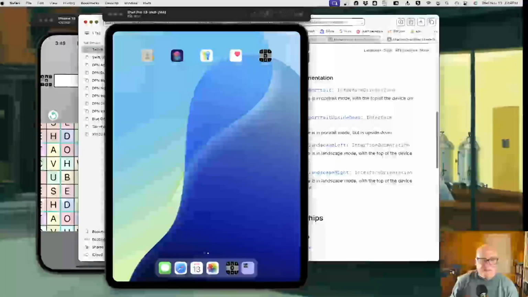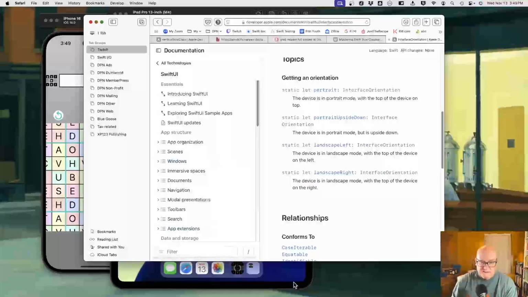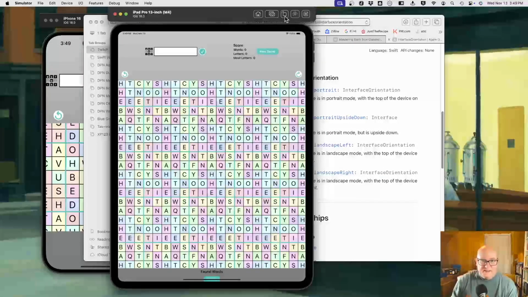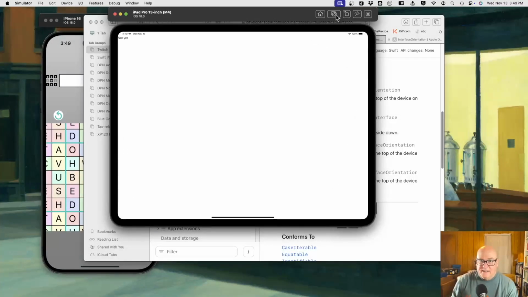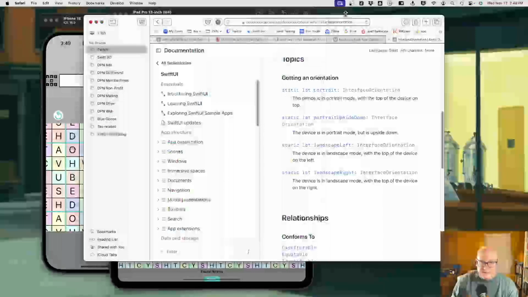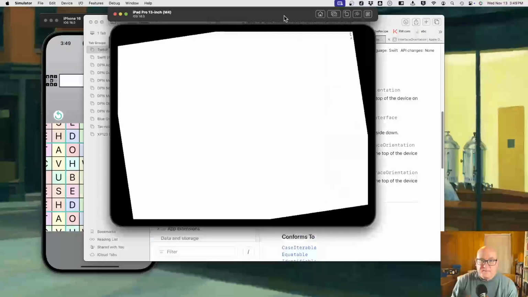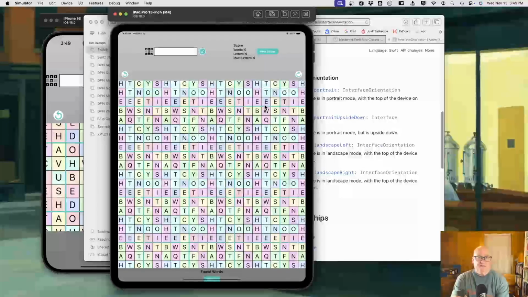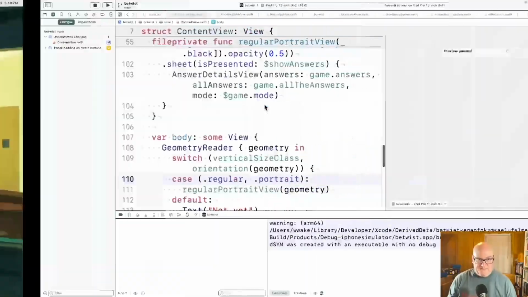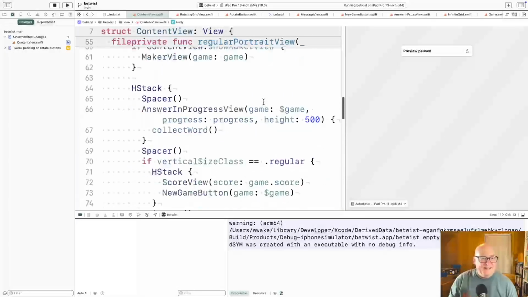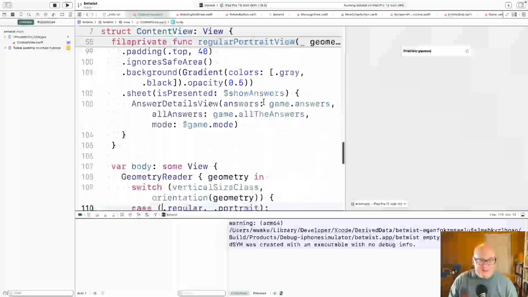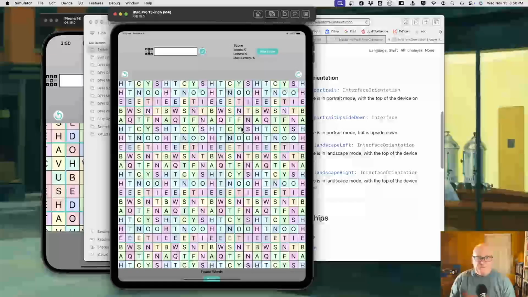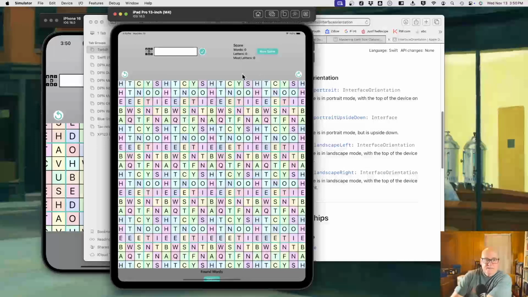Now we're running on the iPad. And this view should look right. And rotating it, it should say not yet. And this should be the same, and this should be not yet. And we're back. Okay. Not perfect view-wise, but it's doing the right thing. Okay. Now, let's take the next one. If this were rotated, see, even